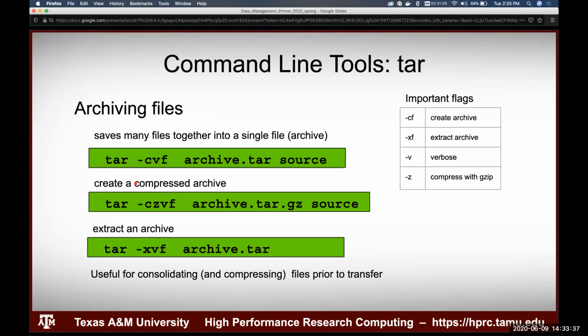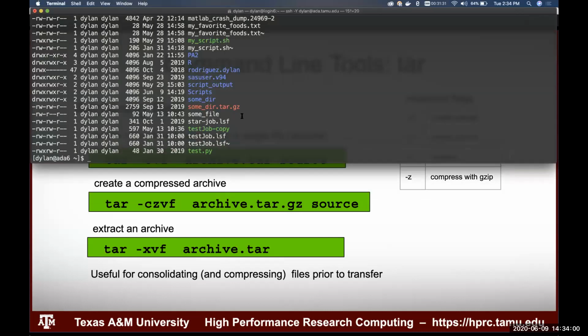And then the most useful tool is going to be tar. So tar is the command line utility for archiving files. So basically, tar is for consolidating and then compressing, if you want to compress many files into one file. So the example that I would show you here is,